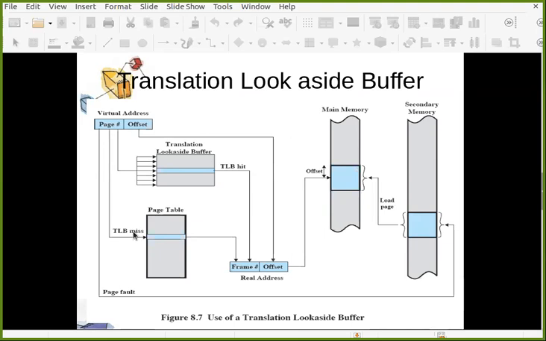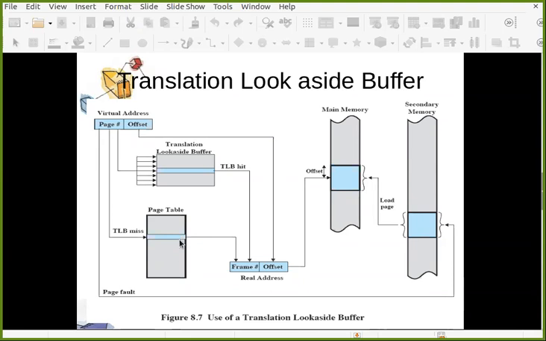But what if this is also not there? Because the page table, now just think about this, you are loading in the main memory, it is not the full page table, because your full page table is again in the virtual memory, as it is very big. As it is a very big page table, you have not loaded the full page table, right? So you get that page number in the page table, but then the P bit is not set. It means this page of this process is currently not in the main memory.